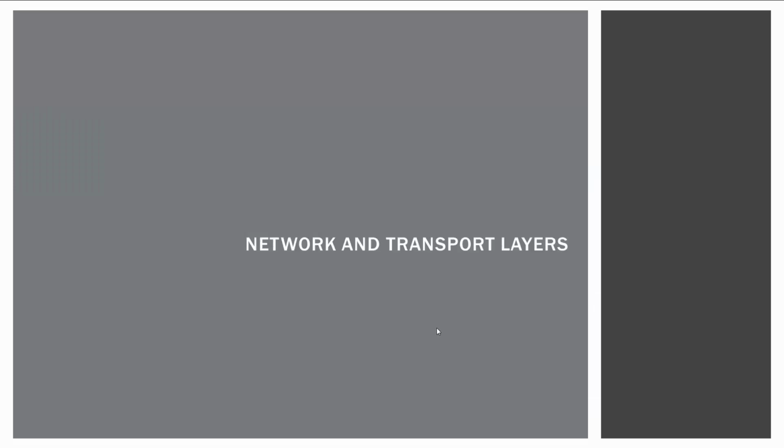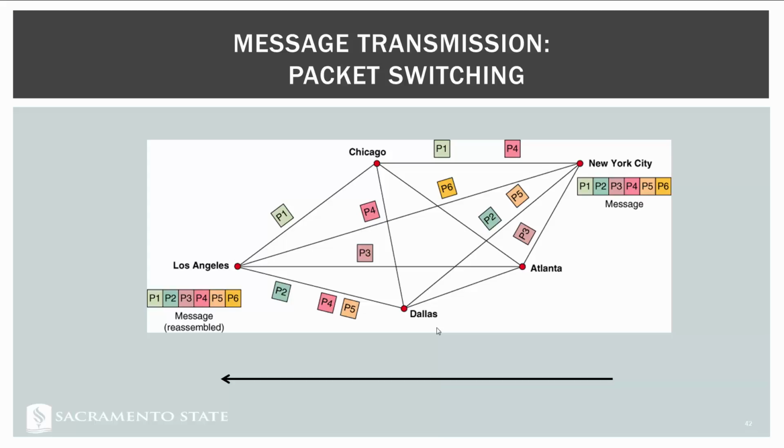All right. Moving on to the network and transport layers, let's talk about this concept of routing and switching. This is about packet switching. So let's say we've got a message on the right-hand side that is from New York. This message right here needs to get chopped up into 6 different pieces because it's so large, and it needs to be sent over to LA. This message could go through many different routes. Each of these red dots represents a router,